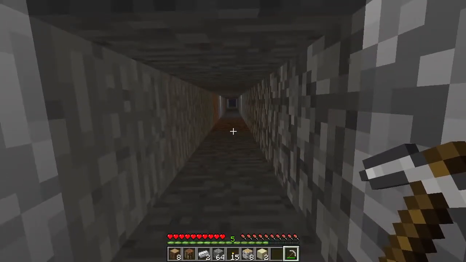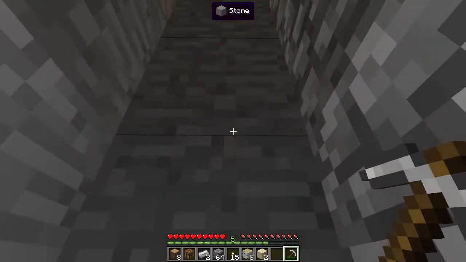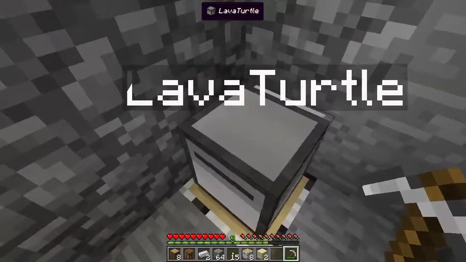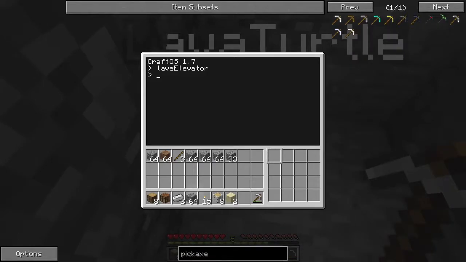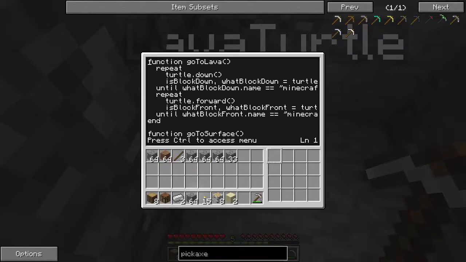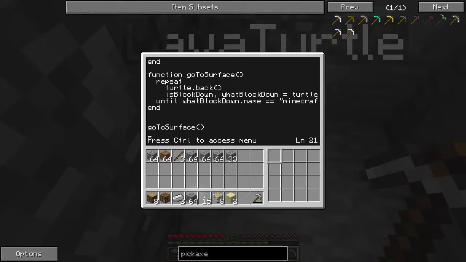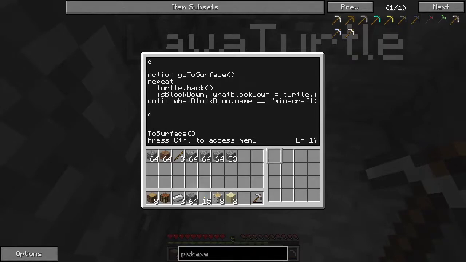Yeah, and it looks like it's nighttime upstairs anyways. And so now here we are, and it needs to head to the surface. Edit lava elevator. So basically, we have that first repeat that tells it to go backwards until it finds a log beneath it. And then as soon as it finds a log beneath it, then we want another repeat going. So I'm just going to make a little bit of space so you can see it better. So repeat, nope, that's not how you spell repeat. Repeat